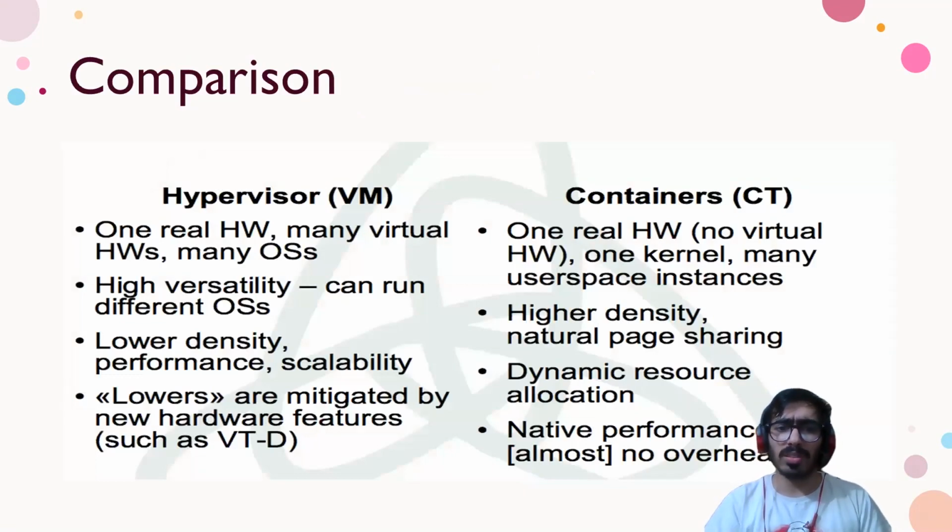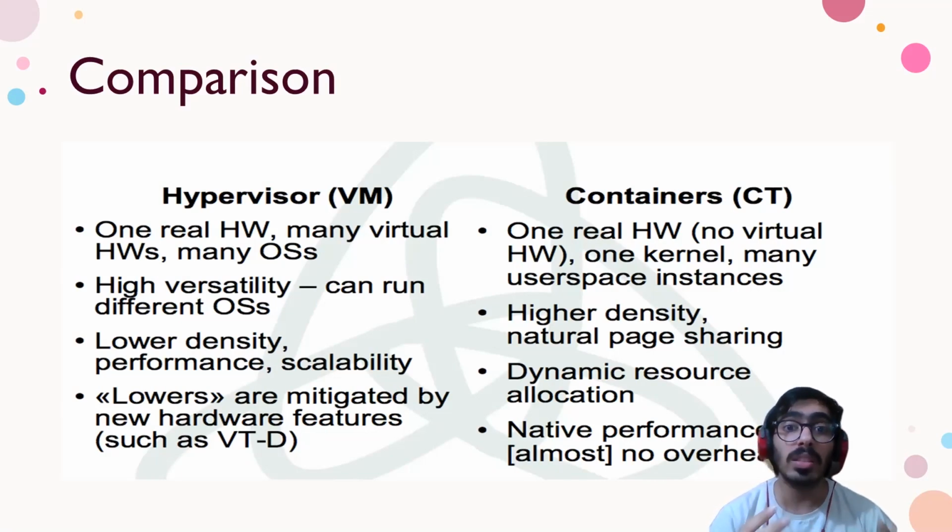So what's the difference? Normally, on top of the host OS, we have a hypervisor. A hypervisor converts all of those virtual OSs to one hardware so that they can be run. There's high versatility because you don't need to define what OS you want to run, and it has very good performance. However, containers have one hardware and one kernel, and you use the same kernel. In virtual machines, you create a separate kernel for everything. Here you use the same kernel, but you create many instances from it.